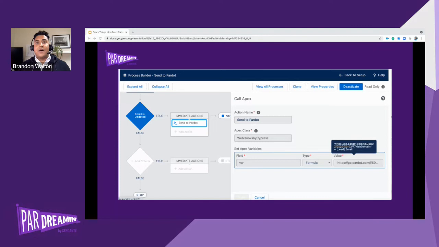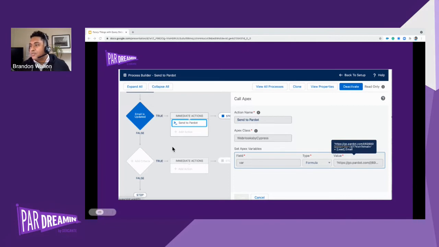And so what's awesome about this, there are certain things like LinkedIn ads integration, other tools that already have pre-built integrations with Salesforce, and you're going to be doing a lot of custom integration work to get that to work with Pardot. So all right, we're going to either pass through everything, do a bunch of automation rules, stuff like that, or you can use this feature and associate when a lead or contact or even a custom object gets sent into Pardot using something like a process builder or a flow.